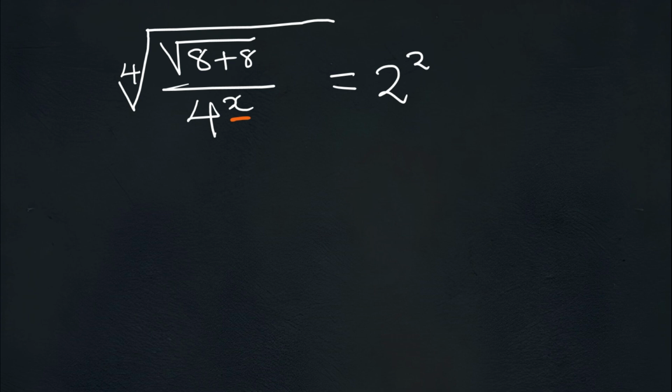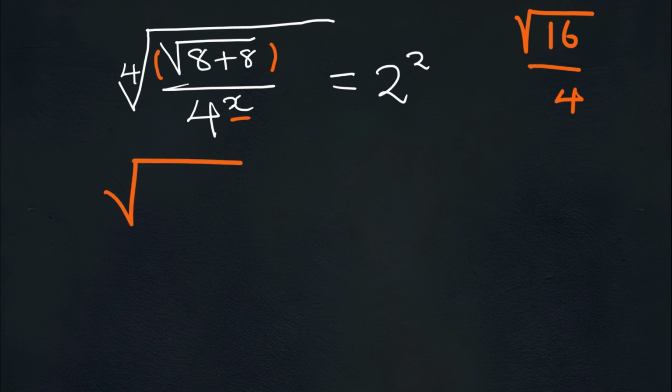So the first thing that you want to do here is to simplify whatever we have within the fourth root, which is the square root of 8 plus 8, which is going to give us 16, and the square root of 16, we know it's 4. So here we are going to replace the square root of 8 plus 8 by just 4. So our next step will therefore be